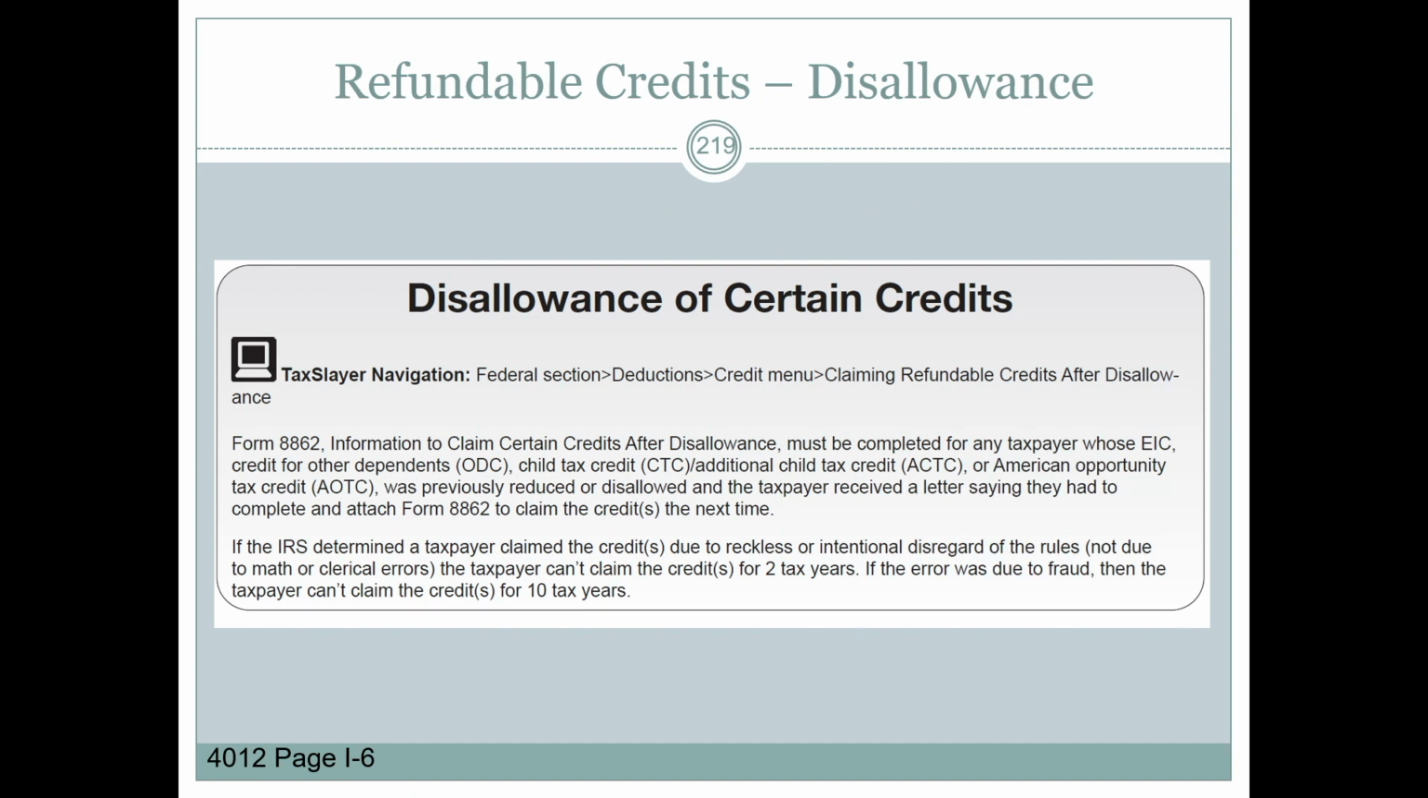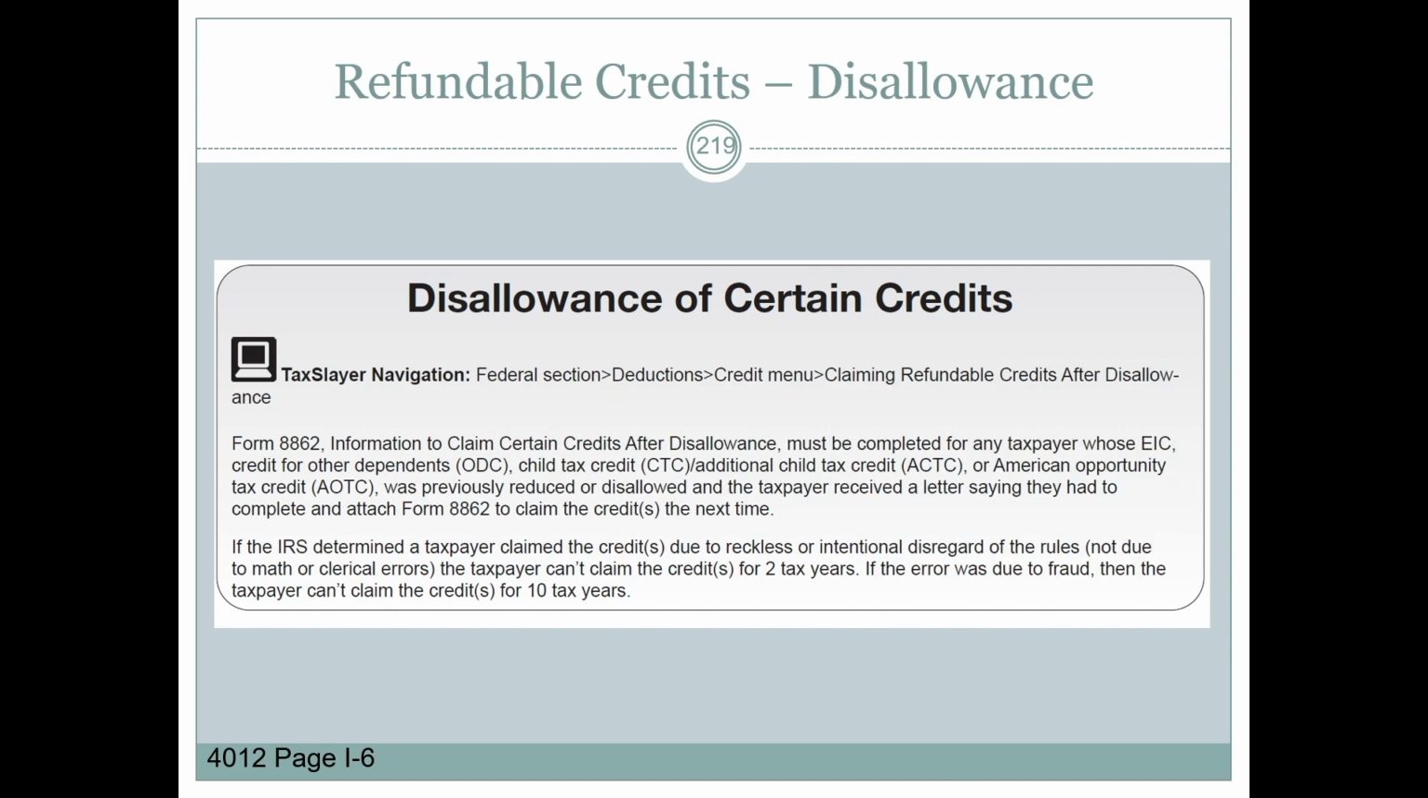Let's pay close attention to disallowance, because this can impact the processing of the tax return and can cause the return to be rejected, which will delay the processing of the tax return and the taxpayer getting their refund. You would find this in TaxSlayer under Federal Section, Deductions and Credits menu, Claiming refundable credits after disallowance. Form